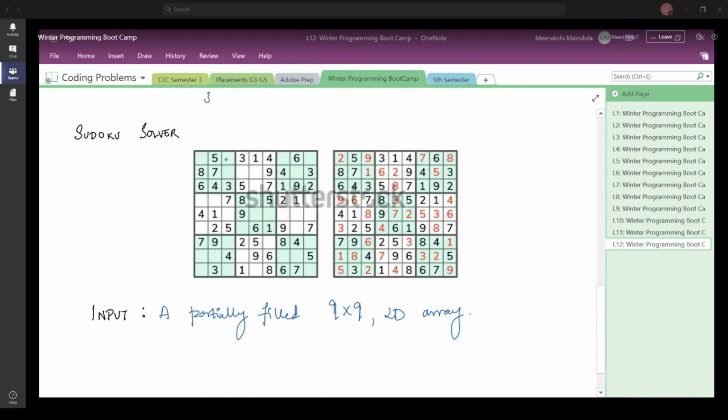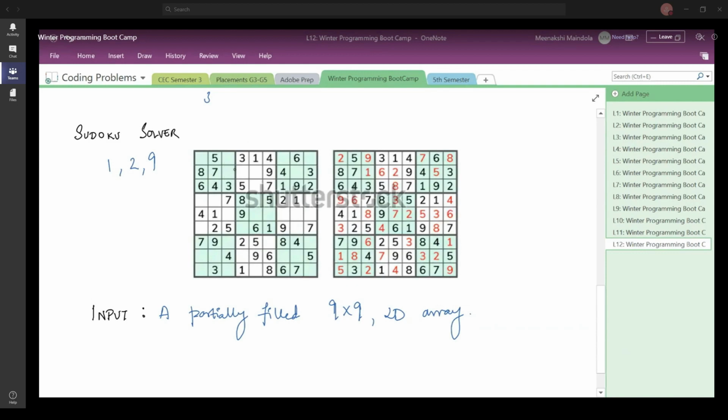And now in this subgrid, I see that only 3 digits are missing from this first subgrid or submatrix of size 3 cross 3. What are the numbers that you do not have here? You do not have 1 here. You do not have 2. You have 3, 4, 5, 6, 7, 8, and you do not have 9. So these are the 3 numbers, and these are the 3 empty cells, but you will have to find out the correct position of a particular digit and its correct cell.